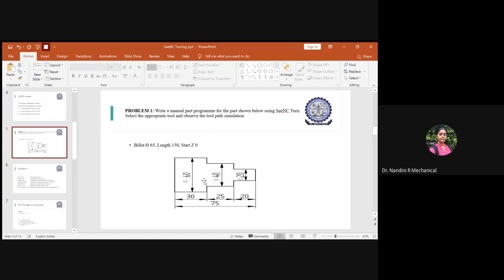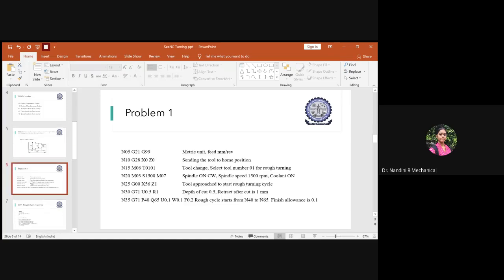So it will be at X0 and Z0 somewhere away. Then you will select the tool. After you select the tool, you will set the spindle, which is 1500, and always remember that you should make the coolant on. To make the coolant on, we use the code M07. So this is the regular thing we have to do.